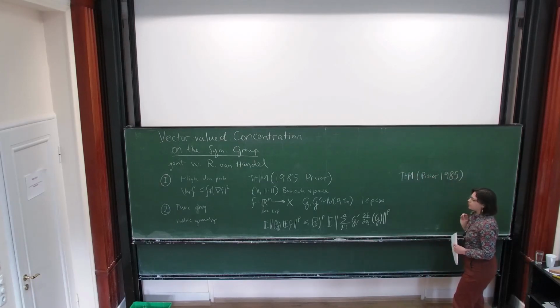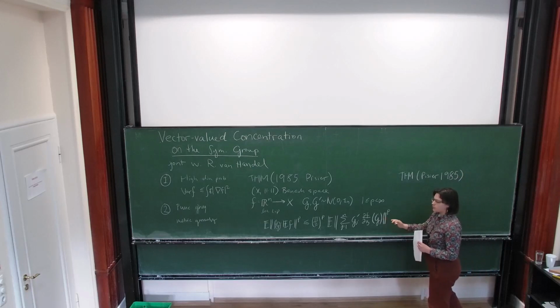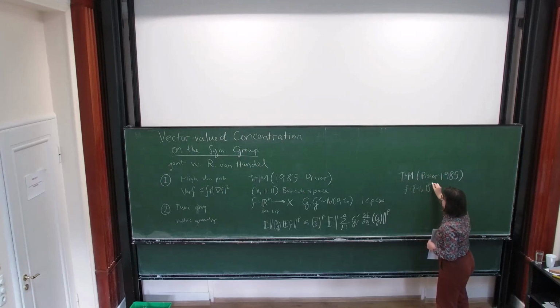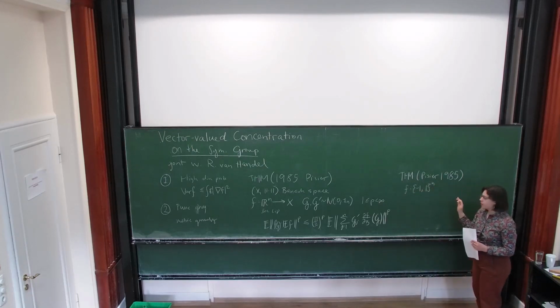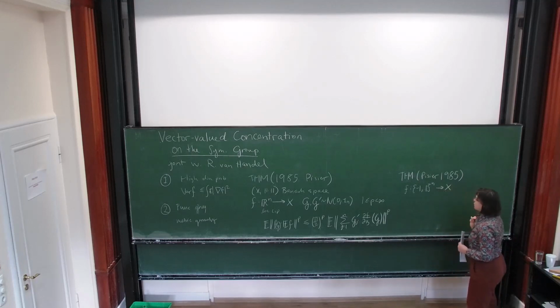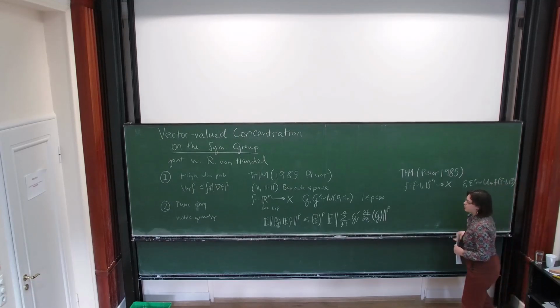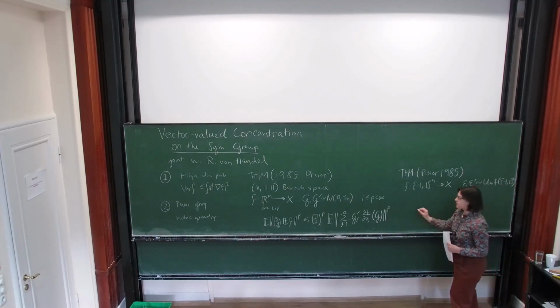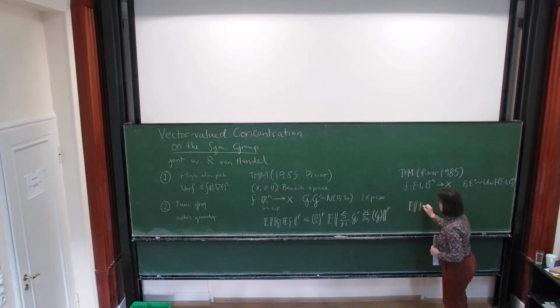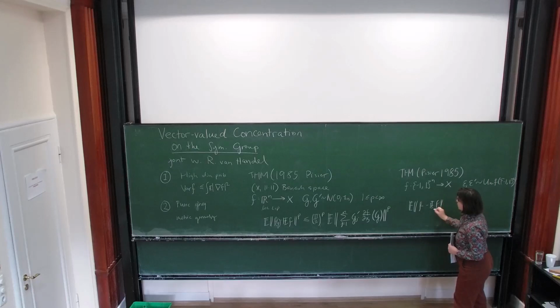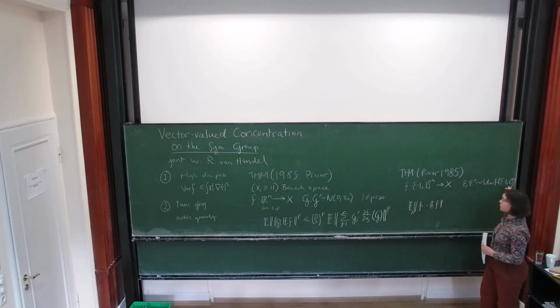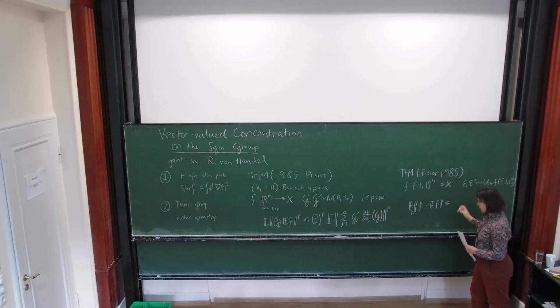So again, from the same paper, he proved an analogous result, but now we consider functions that go from the discrete hypercube, so the set {-1,1}^n, into a Banach space X. And if we let epsilon and epsilon prime now be uniformly distributed on this set, then he proved a similar inequality, but with a worse constant. So we have that the concentration of our function f, now with respect to the uniform measure on this set, is bounded by,